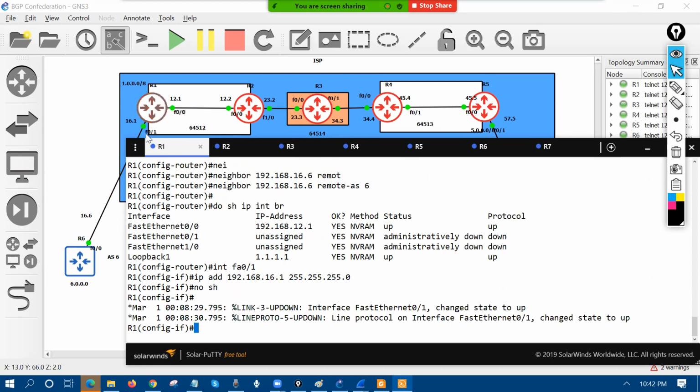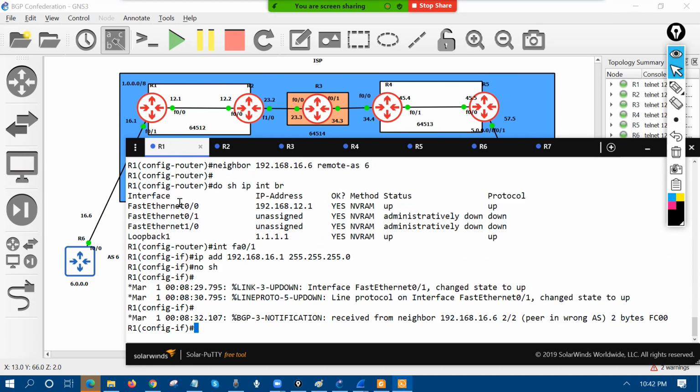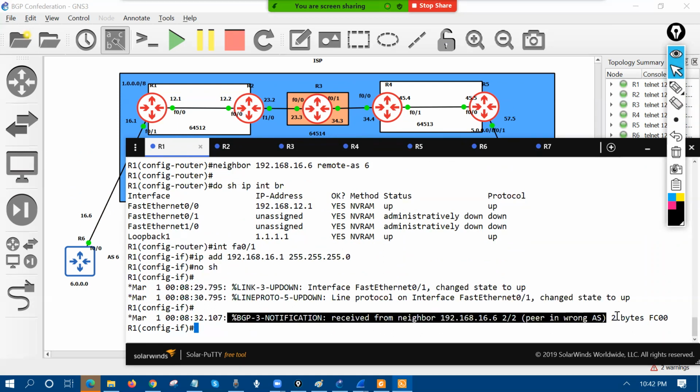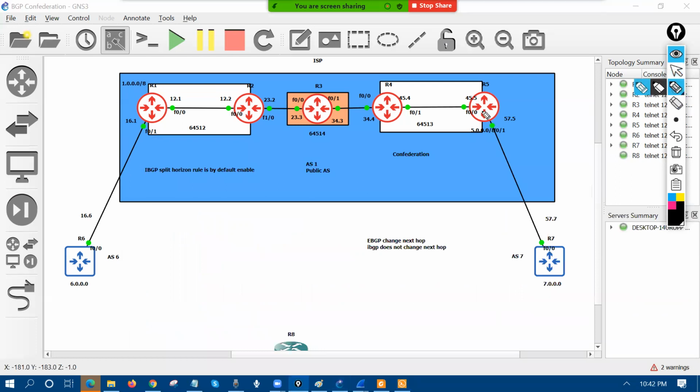So the IP address was not configured, right? That's why. Can you see what happened? Why is this happening? Because when router number one is sending the update packet, right? So not update packet, open packet. In this open packet, what AS number are they sending over there? If you just capture this link,